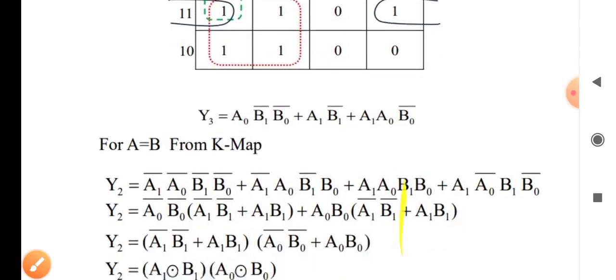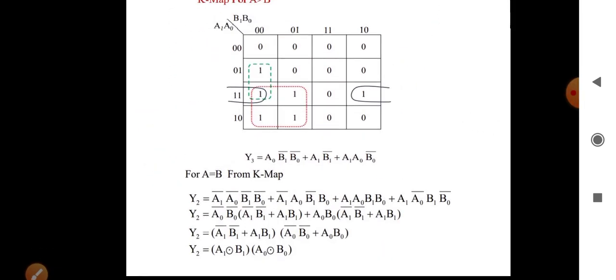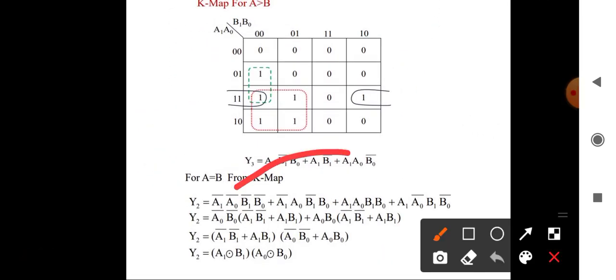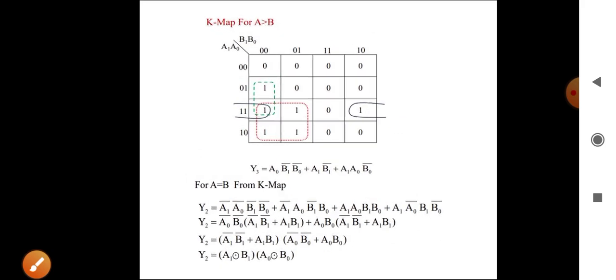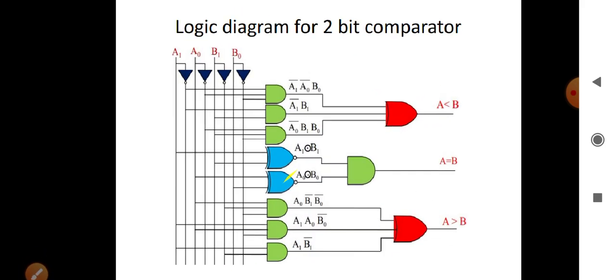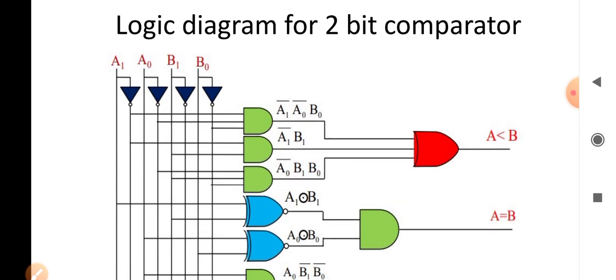Okay, I hope you understood. We have simplified these two expressions. We have taken the common in these two expressions and taken it as A. Then we have written this A1 in the pure form, and we have taken A naught, A1, A naught, B1, B naught, B naught complement.